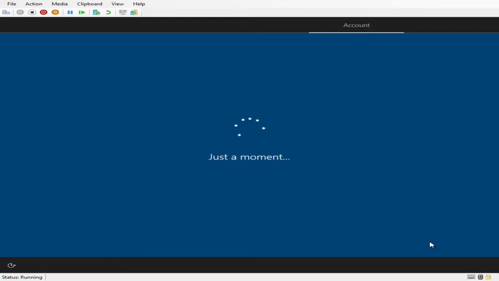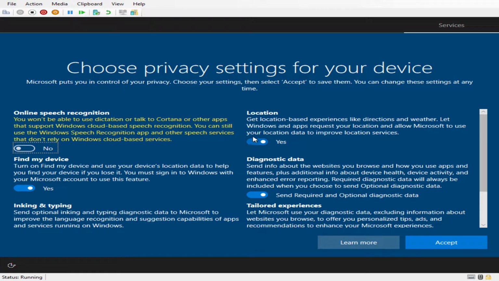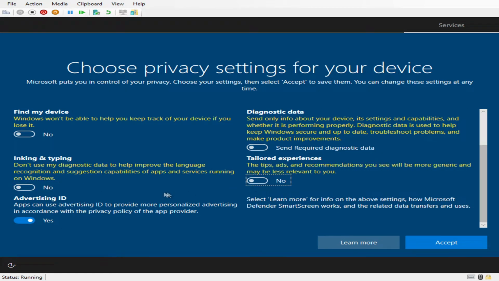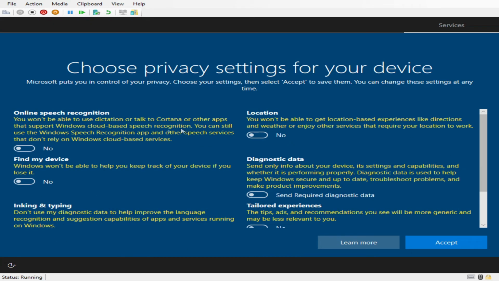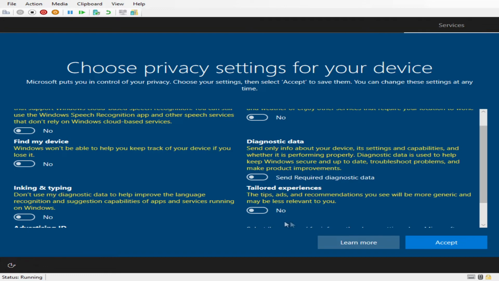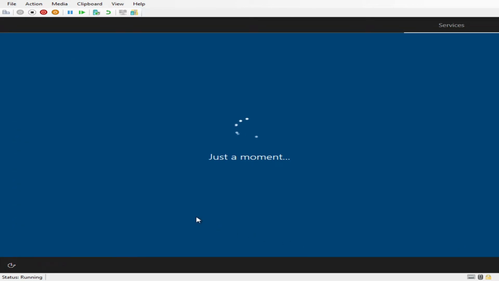Okay, so now that we've picked those questions, it'll bring us to this. This will let us change our different privacy settings for everything. Basically, all of these things that you would need or maybe use on a normal computer, you do not want to have on a Minecraft server. This is just going to have a lot of extra stuff that you don't need running, and it will end up slowing down your server and the computer you're running this on in general, and it's just not worth your time. So you could just turn all this off, hit accept,